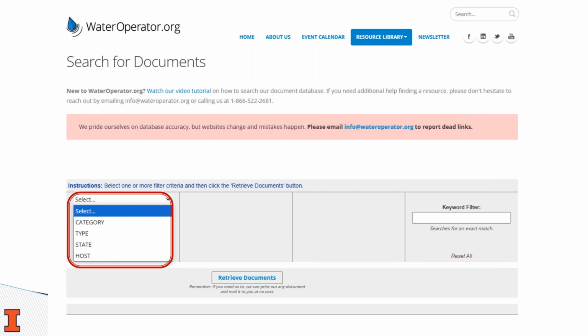And the last one is host, which can be used to identify a host organization. Maybe you're trying to look for resources directly from EPA. You'll be able to choose EPA as a host, which will just give you all of the EPA resources in our library. Once you select one of those 4 filters, you'll also have an option to add 2 additional filters